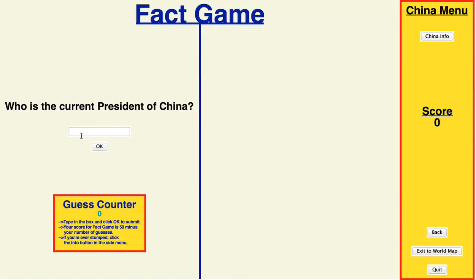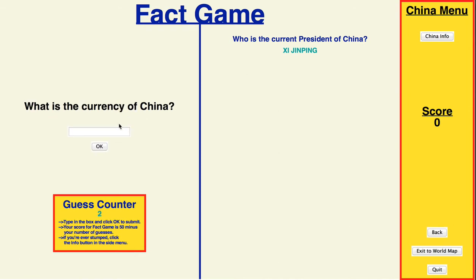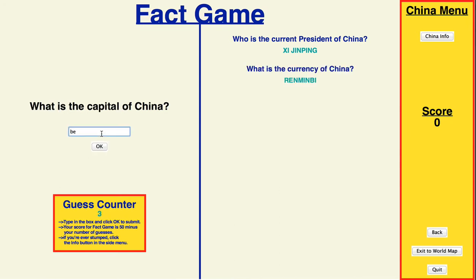So if we start by going into fact game, we can play fact game. So you can see that if we just type in the text box, if we answer it correctly, it'll append to the side over here. If we answer it incorrectly, we'll get a new question. And so below we can see the guess counter as well as a little instruction box on how a fact game is scored. And if we finish up the game here,